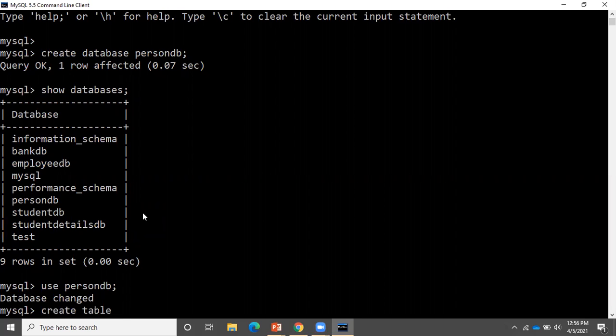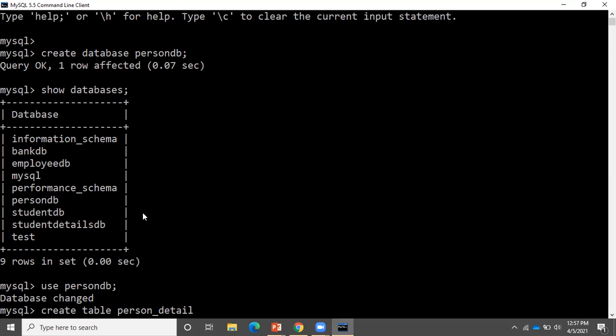And then I have to give a table name. So let us suppose this is person details table. I'm keeping the person detail. So my table name is what? Person detail. Now, all the rules which we know about nomenclature of a variable follow here.